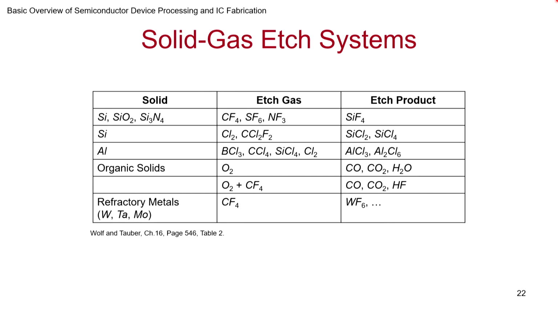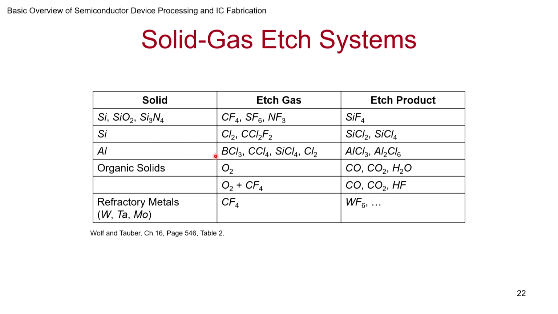Now, I'm quickly sharing some tables. You are welcome to look at it, ponder over it very carefully. Usually the gases you use for etching would be fluorine-based gases, and the byproduct for silicon dioxide and silicon nitride would be silicon fluoride. You could also use chlorine-based gases, and that you can usually use only when you are etching silicon. That may not be effective with SiO2 and silicon nitride, because you have to make sure that the byproduct is sufficiently volatile, and you should be able to remove it.